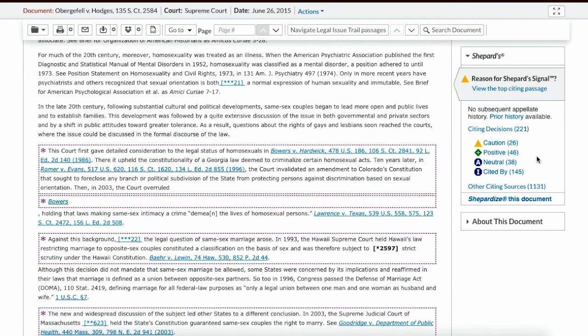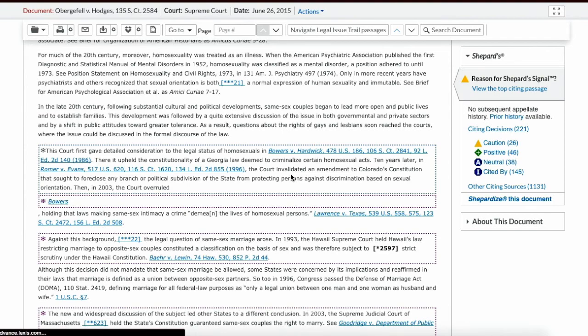So we're going to see some of these have headnotes and some of these don't. If there's a headnote, remember that you can actually Shepardize by headnote in addition to using the legal issue trail. But if not, maybe we want to take a look at this issue in particular. So if we click on the box that